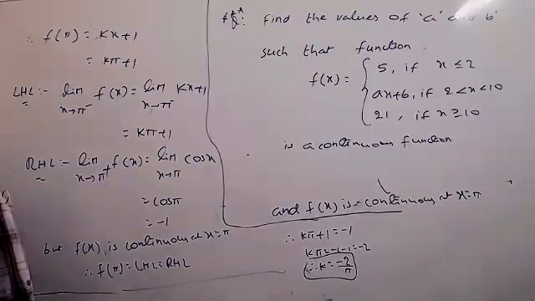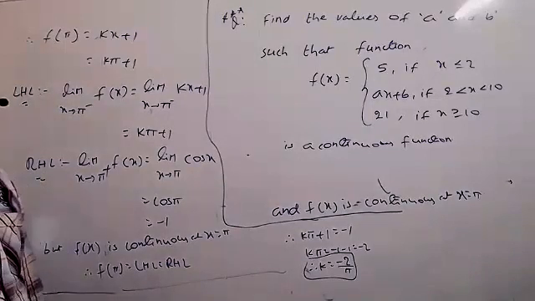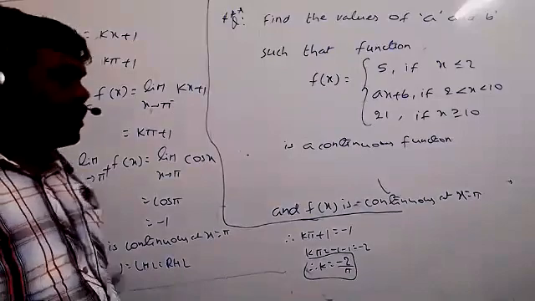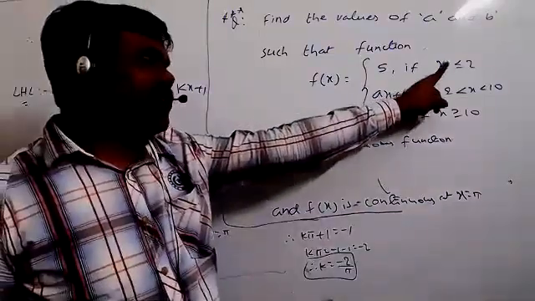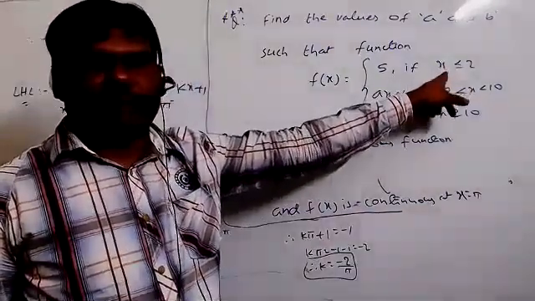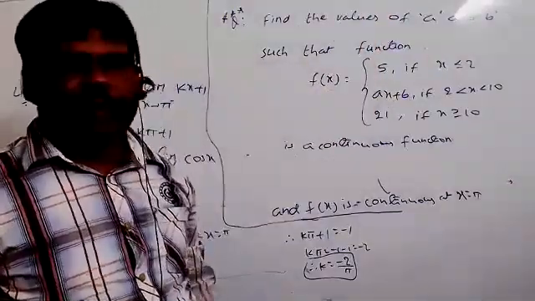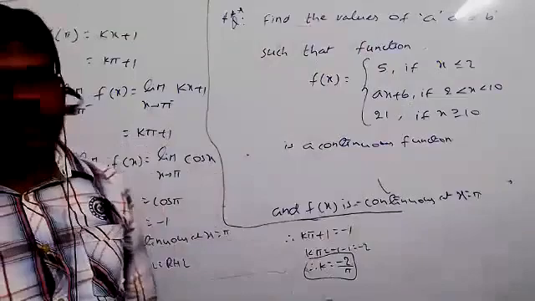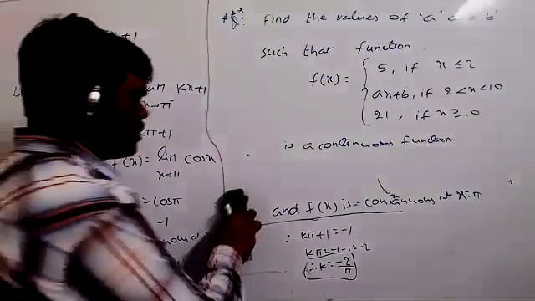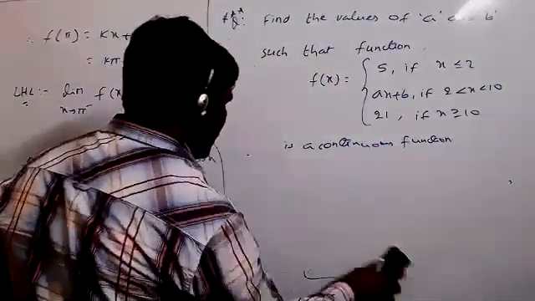So we can take x as 2 in the first case. Yes, very good. Find it, because they give very clearly x equal to 2 and x less than 2. Yes, very good, sir. The first case is x equal to 2, and the second case is x equal to 10. That's all. You find it now. Start now.